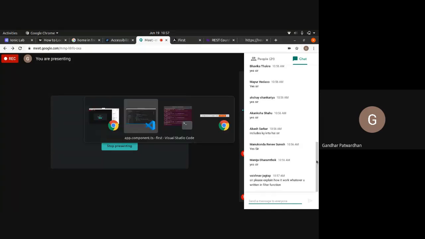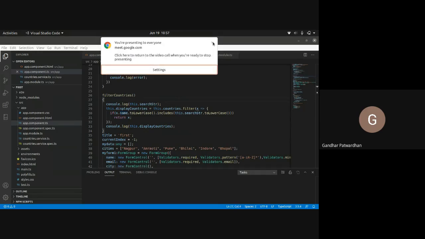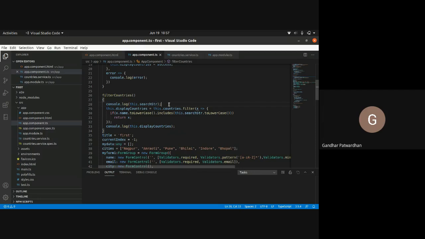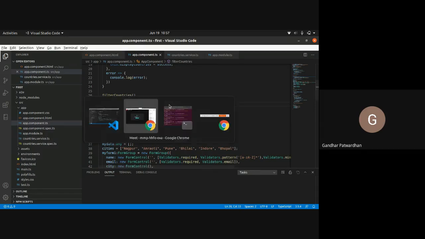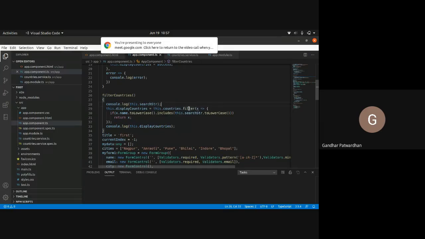Okay. So in our filter function, this filter function is similar to writing like this.